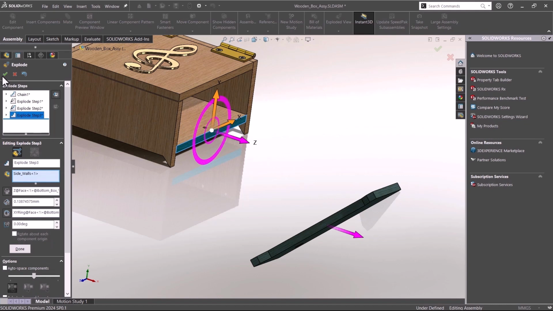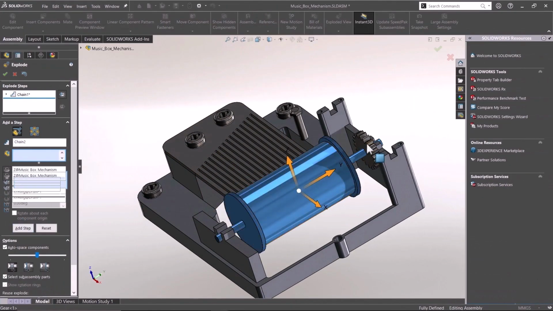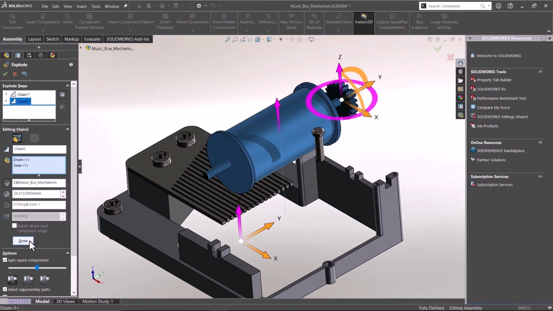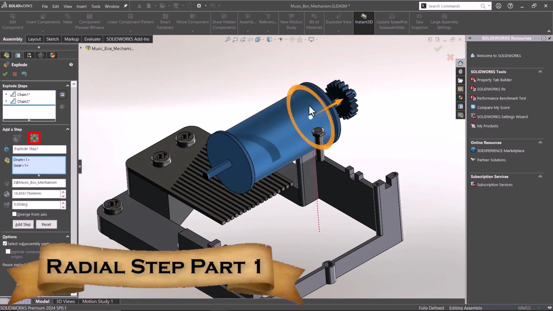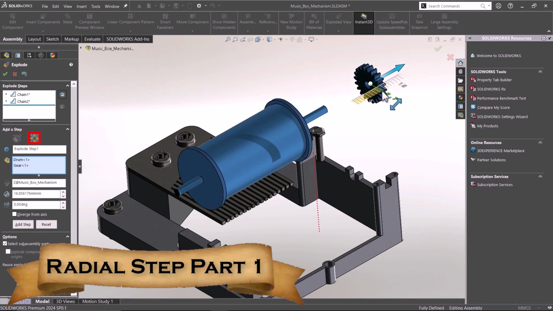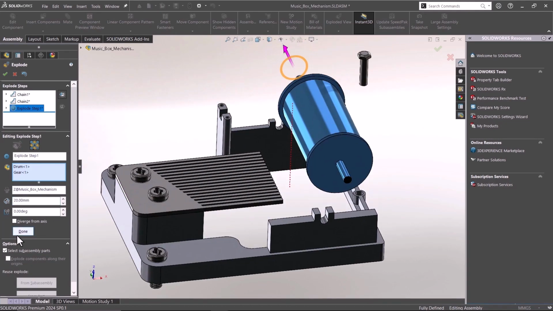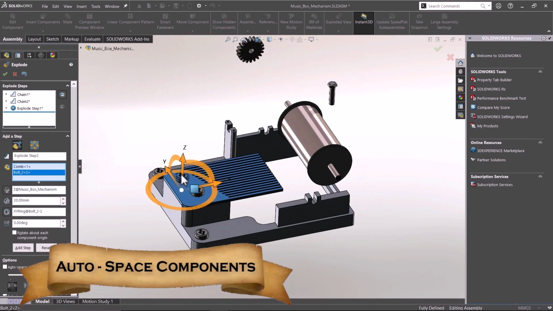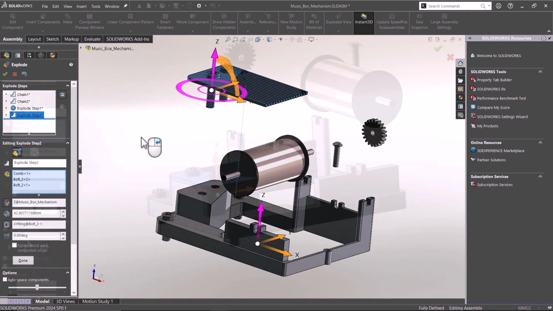Now that we know how to manipulate our components, let's return to the previous assembly, where we are going to choose the components and translate them on the Z direction. Radial step disperses components in a radial or cylindrical alignment around an axis. We can use radial steps to make two components go separate ways symmetrically, but we'll see a better example of a radial step later. When choosing multiple components, we can see that each component moves equally along the chosen axis.